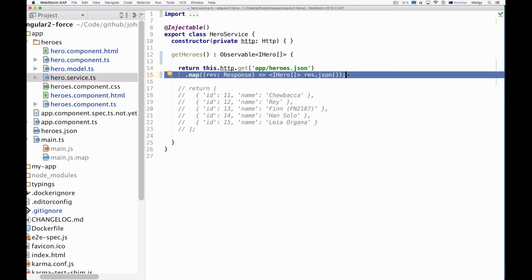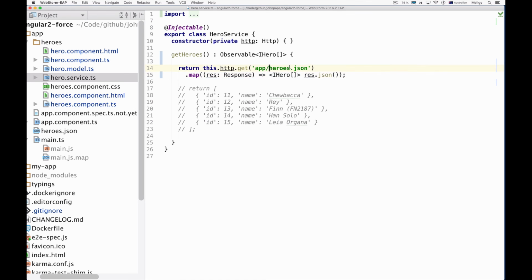I know it will match this interface. So just cast it in here. And that's the syntax for casting it. And boom, then when I call this service, it knows that it returns an observable of hero, and then in